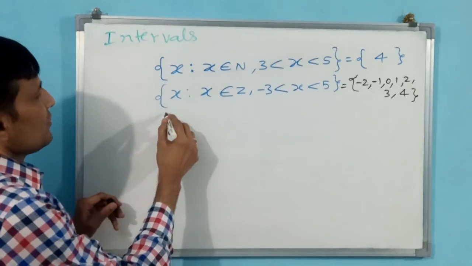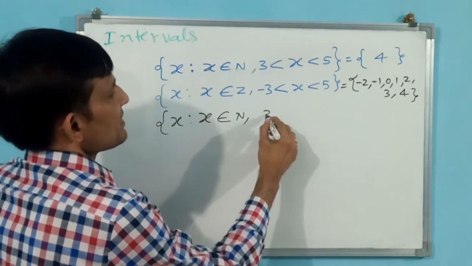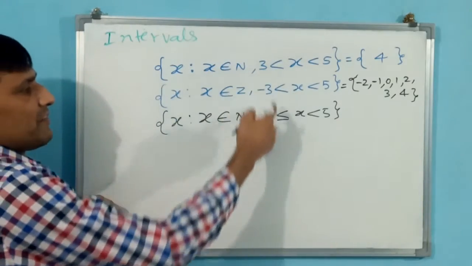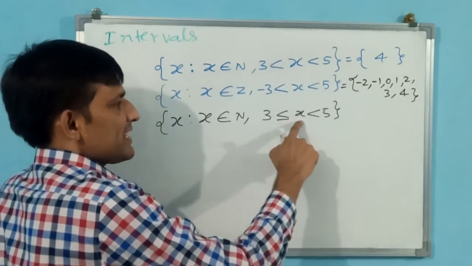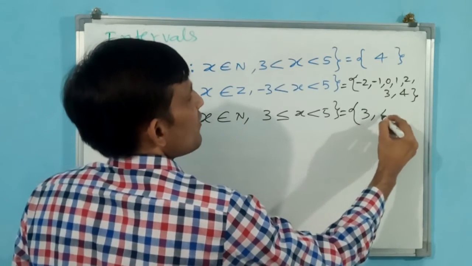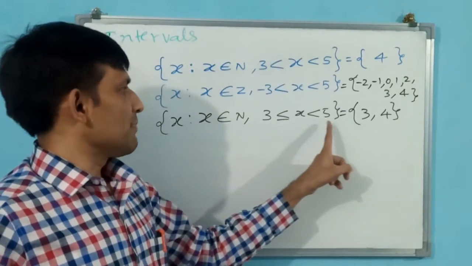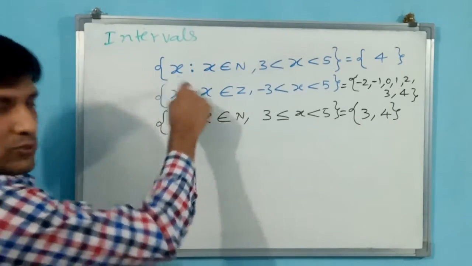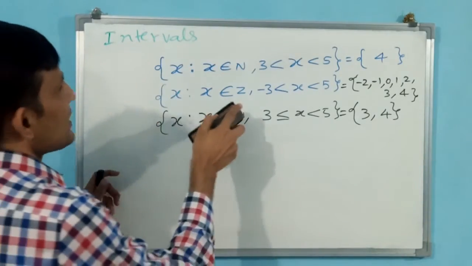Now, you see here, I am writing like this. For x belongs to N only, but this time I am making it like this. There is a difference. Even though it is the same natural number, here x is only greater than 3, but here x is greater than or equal to 3. So 3, 4. Why? Because equal to 3 is there, that is why you have taken 3, but less than 5 you have to take, then 4 you have taken. Now I am going to change this also, the center one. Why? Because we will take 4 intervals and compare. You are going to understand that concept very clearly.